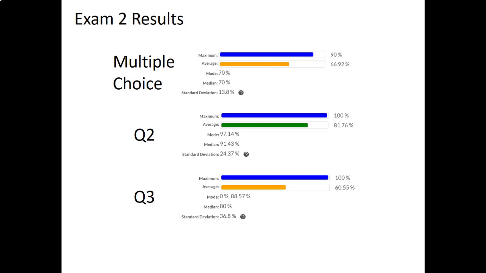Because ultimately, I'm more concerned with what you know at the end of the class than what you know either 1/3 or 2/3 of the way through the class. So have a look at those. I do try to leave comments, and particularly more comments than I think we would on a physical sheet of paper that you'd normally get, just so that you can follow along with my thought process as I'm grading.